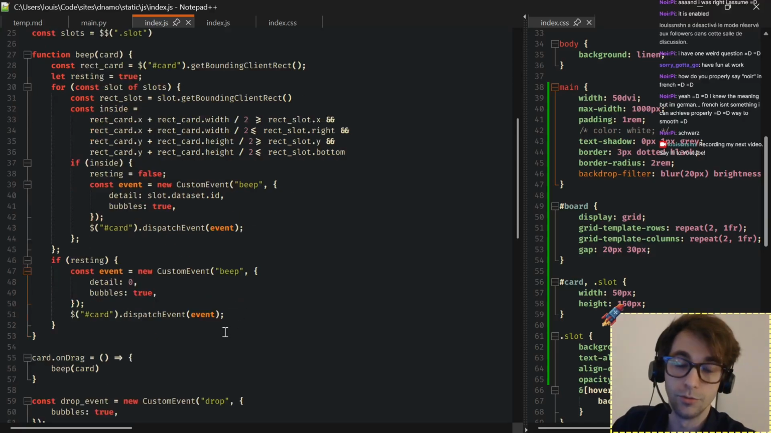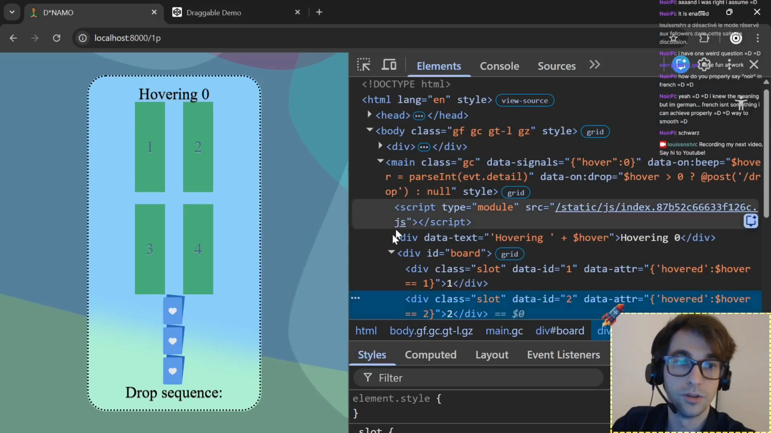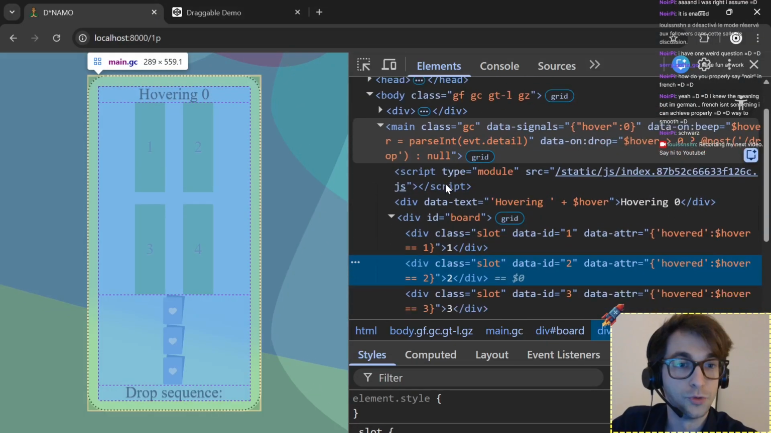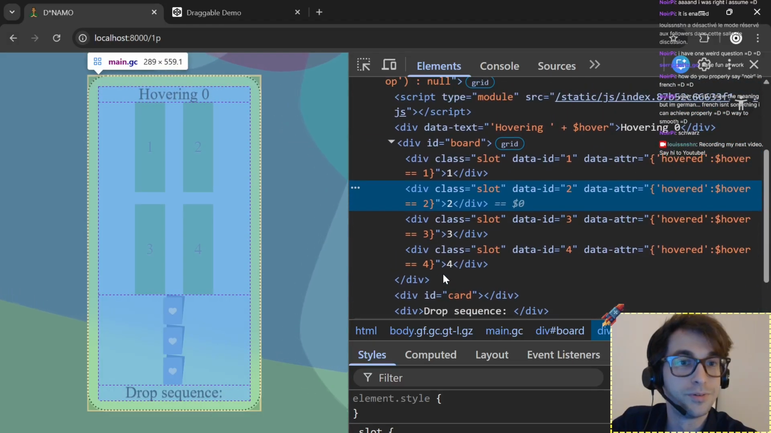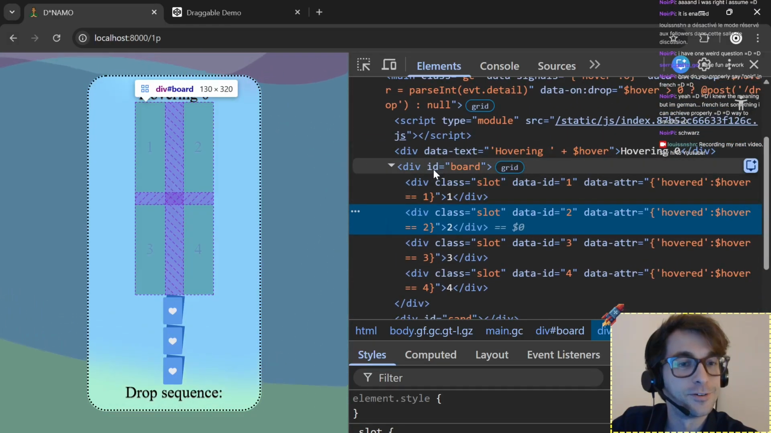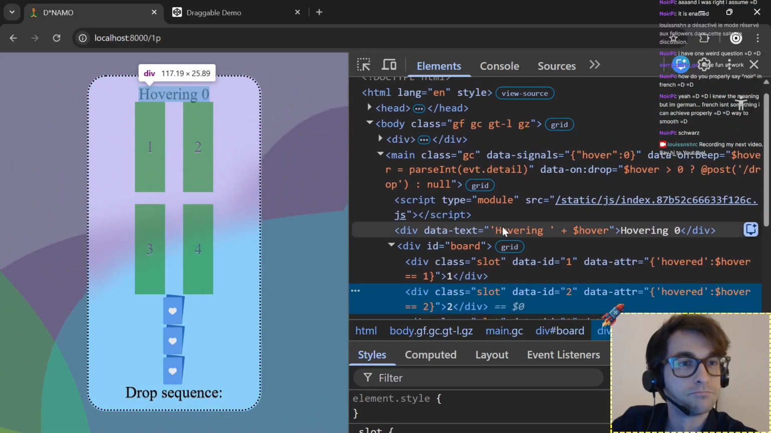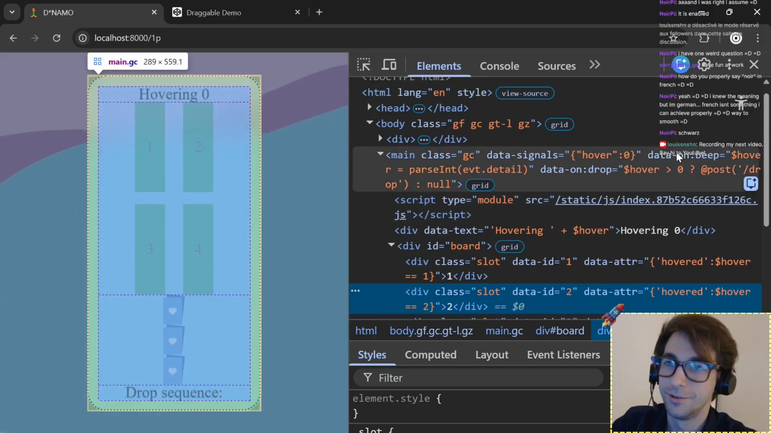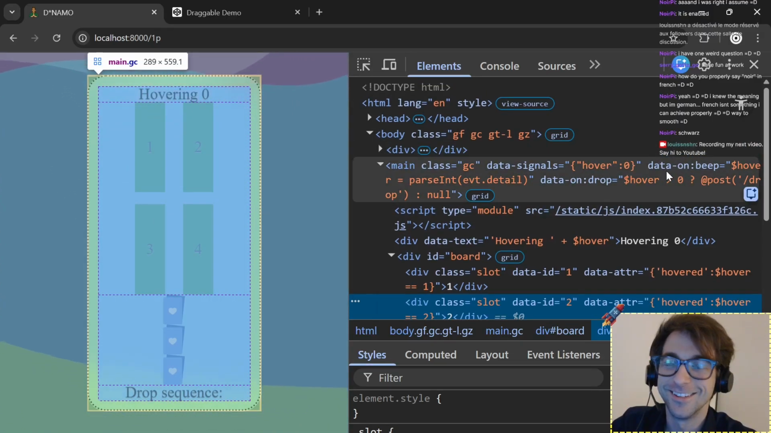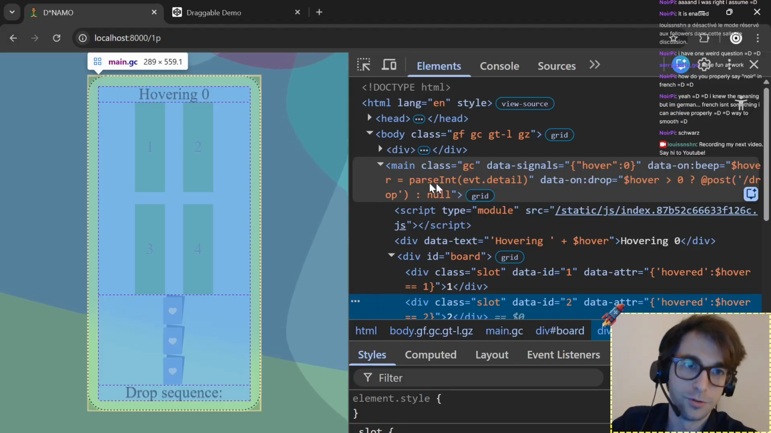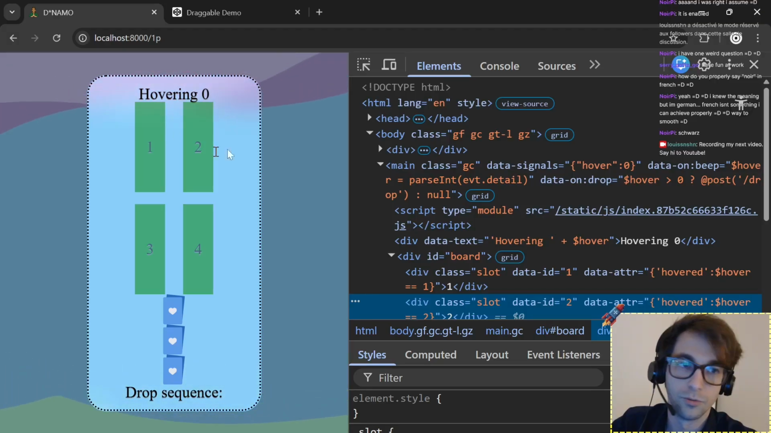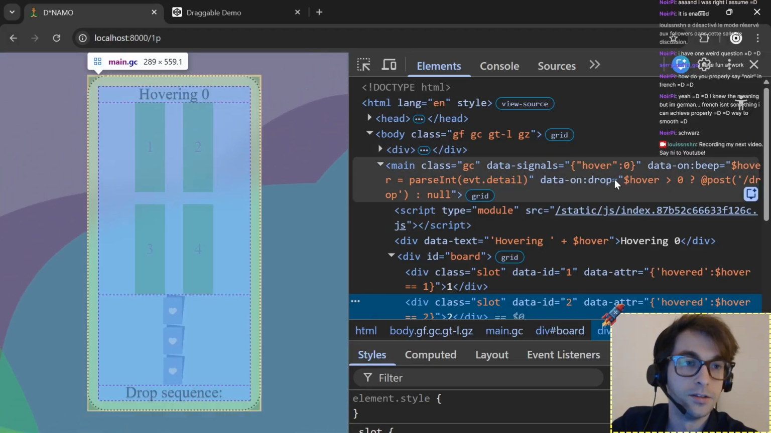So basically, we have our beep event. Let's see where we grab it. So you should be searching for data-on-beep. There it is. So we define a hover signal to 0 and data-on-beep hover equals, we parse it to an int, event.detail. So 0 for the resting position and 1, 2, 3, 4. And data-on-drop,